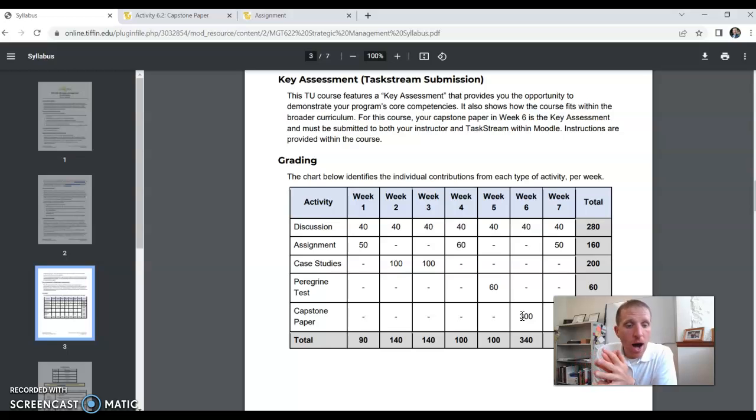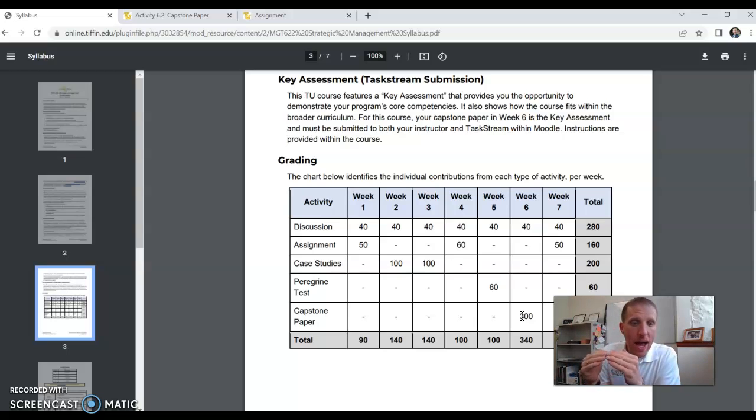So the incentive on the Peregrine test is that anyone that scores in the 80th percentile or above will receive an automatic 90% score on the capstone paper. Okay, so do well on the Peregrine test, you'll receive a 90, as long as you're in the 80th percentile or above,